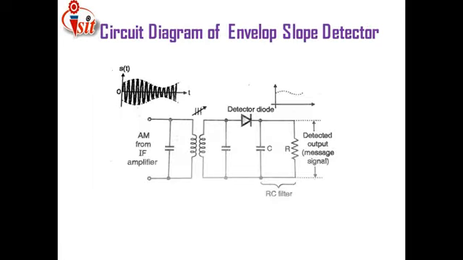Now let us see what the technical things involved for the detection of that particular AM signal are. First of all, the first method for the detection of AM wave I have shown here is nothing but the envelope slope detector. That envelope slope detector deals with the combination of AM as well as FM signal along with the AM FM detector. It will only deal with the AM FM combination where the FM signal is narrow band FM.